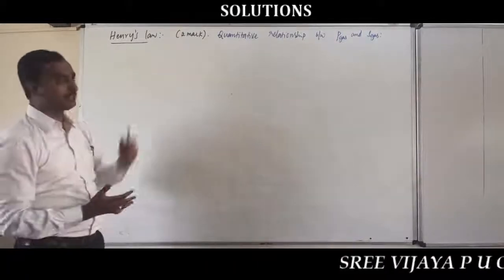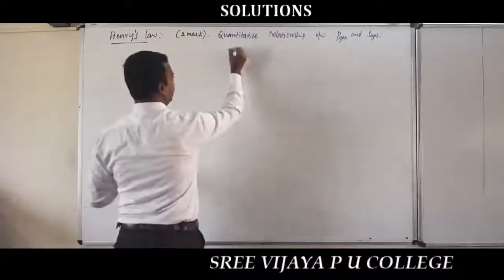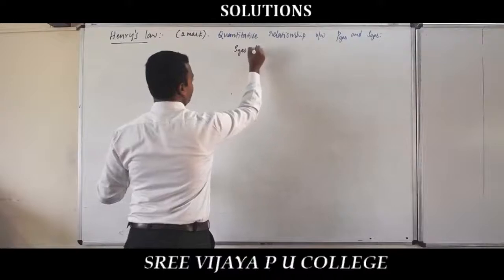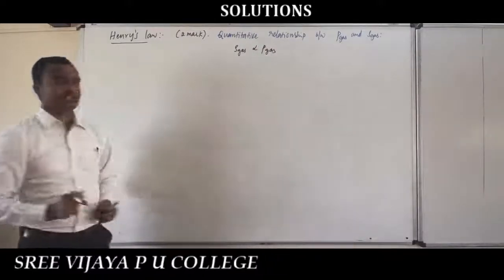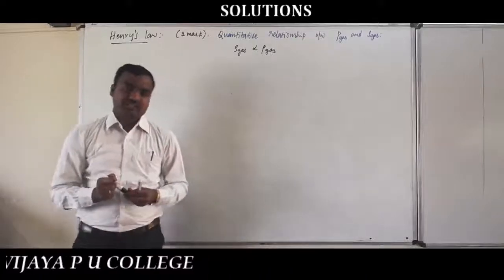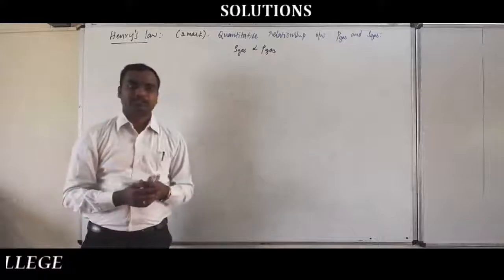We already know that from the illustration. So solubility of gas is directly proportional to pressure of gas. That means if you increase the pressure, solubility of gas increases. So while giving the Henry's law statement, here